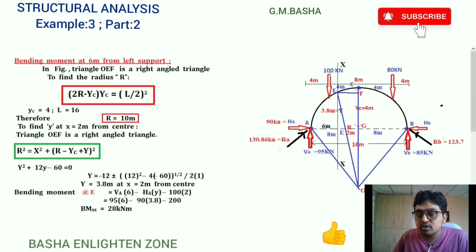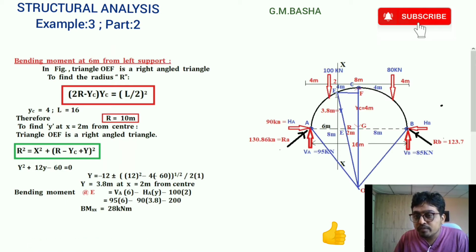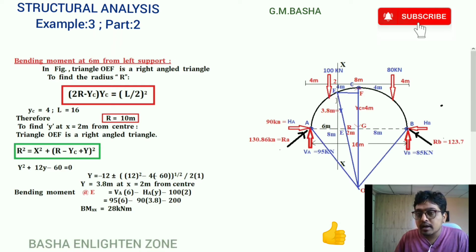Again this load about E. So 100 into the remaining part. This is 6 meters and this is 4 meters, so the remaining part will be 2 meters only. So 100 into 2 about E, which is acting anti-clockwise towards E. So 100 kilonewtons acting anti-clockwise towards E. 100 into 2, that is minus 100 into 2, which is 200 kilonewton.